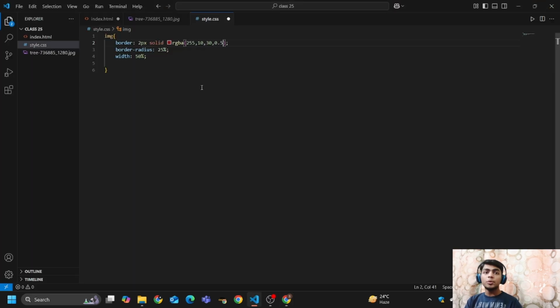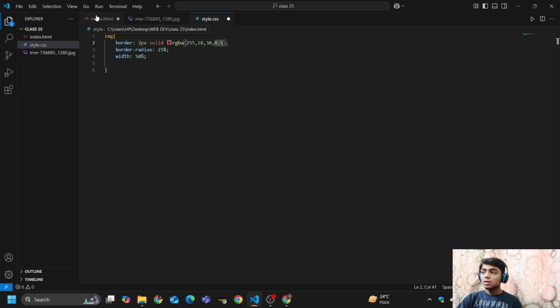So that is the difference between the opacity property and the alpha property. If I use the opacity property, then it will be applied to all the elements, that is my border, my background color, my text, everything. But if I use the alpha property, then it will be provided to only some specific elements.